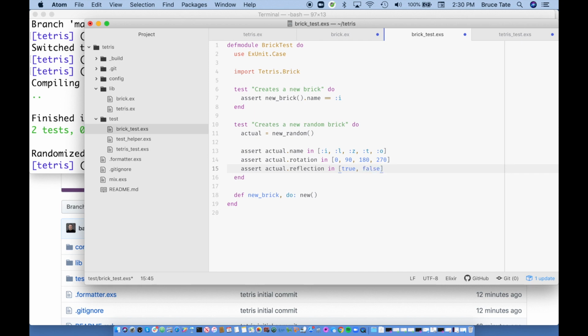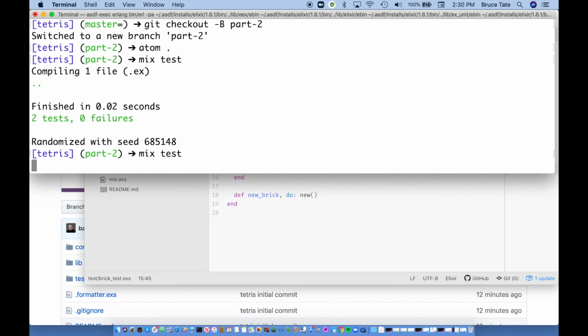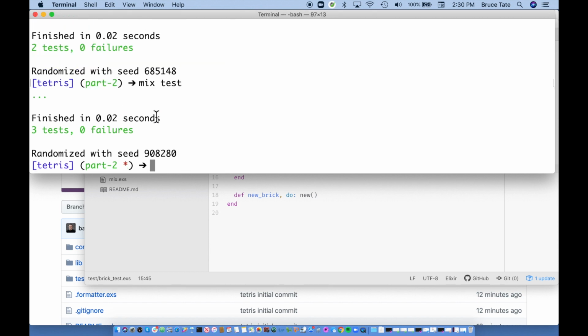I could have also checked the class and compared to the Boolean type, but I think that this kind of keeps a nice symmetry in the test, so we'll do it that way. Looks like that is working fine, so git commit, and I'm writing the tests for new random,